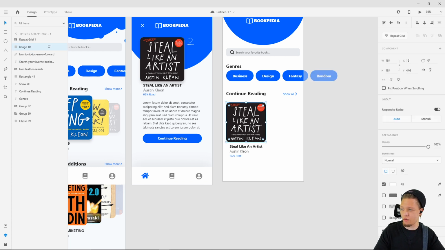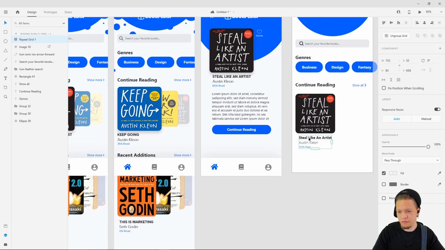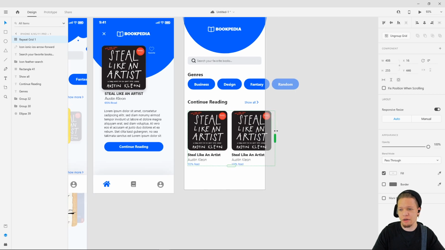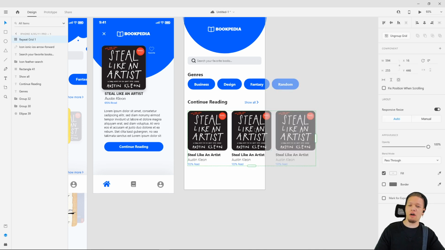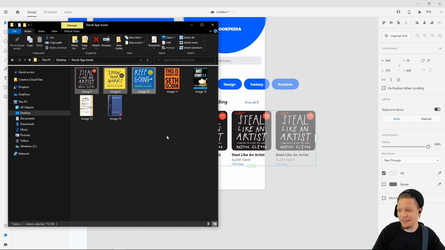So I'm going to ungroup this. I'm going to select all of this, line this up, ungroup the grid. I'm going to select this, repeat grid. Now I'm going to pull this out. There you go. So now all I have to do is go back to my assets here and